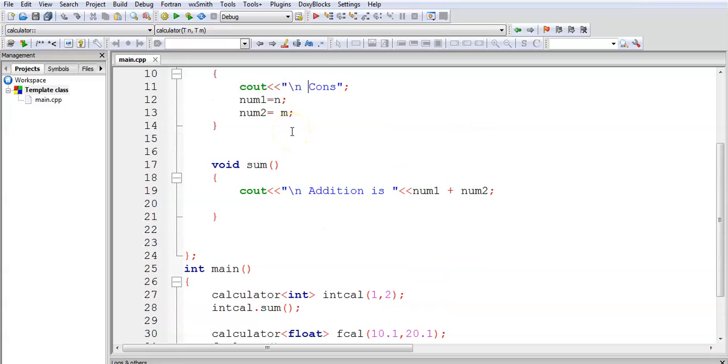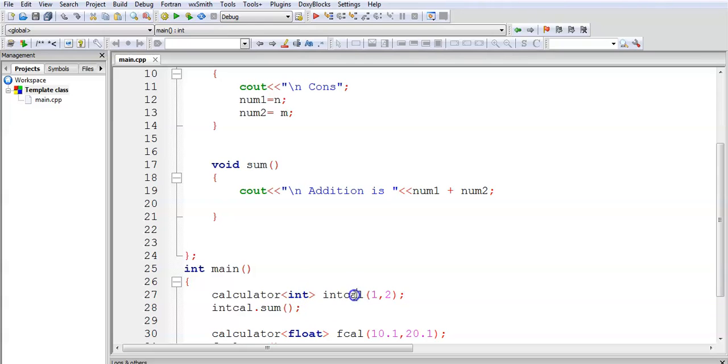Now when we create the object of the class, it is going to call the constructor. Here we are going to send integer values to that constructor. Calculator is the name of the class, then int is the data type which we pass to this object.